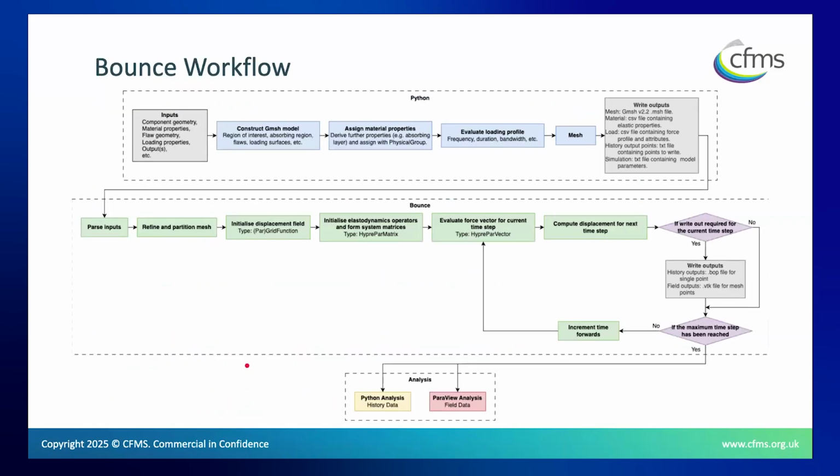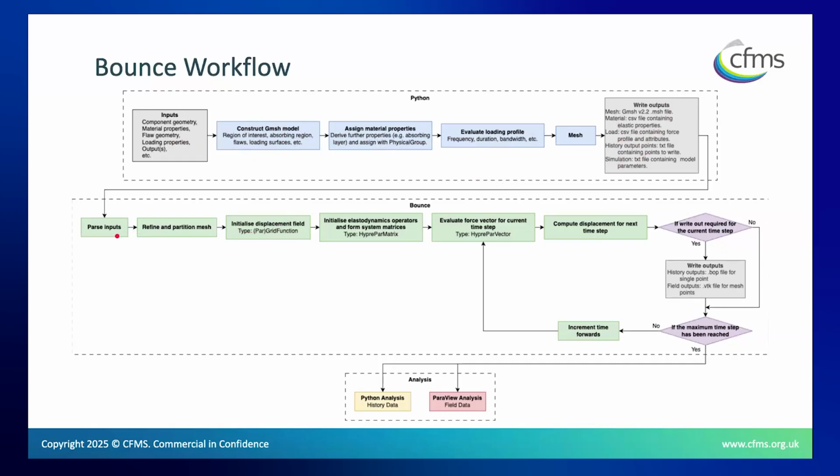In terms of the workflow, I'll touch on this briefly. So Bounce is written to take a set of input files, which are specified up here. We're using Gmsh to do the meshing and various other properties. On top of this, we've built a set of Python tools to process the inputs, like the component geometry, the material properties, the floor geometry, loading properties, any outputs that you're interested in. We then use Gmsh to mesh the model, apply any absorbing layers or any other complicated or additional features that you might like in the model, and then